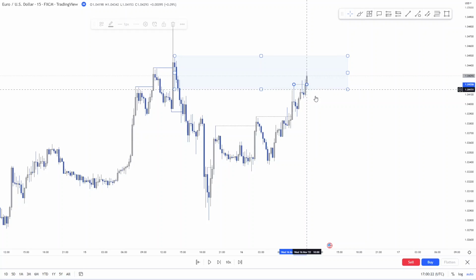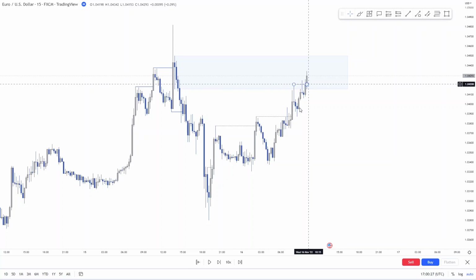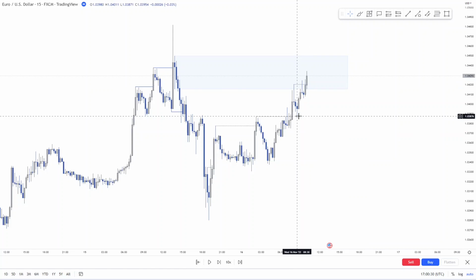So this would now be our higher high up at this point, and our higher low would obviously be at this point here. And this would be the point we'd be looking for price to break, to have a break of structure. But if we're looking for a change of character, which I classify differently to a break of structure,